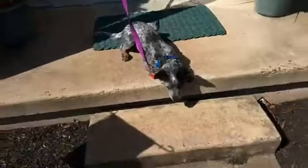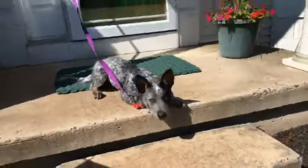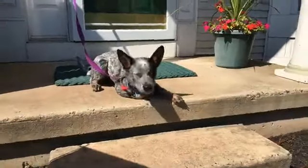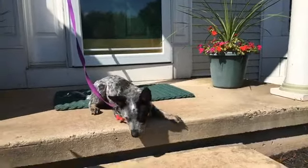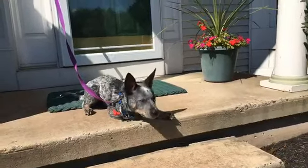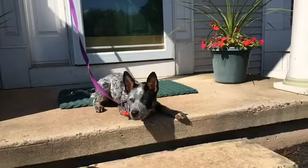And she's super reactive. The prong collar is super helpful with her. There's a butterfly right now, she's tracking it. It's really helpful with her because she almost goes into herding mode when she sees bicycles and scooters and things like that. So I would definitely do as much work as you can around